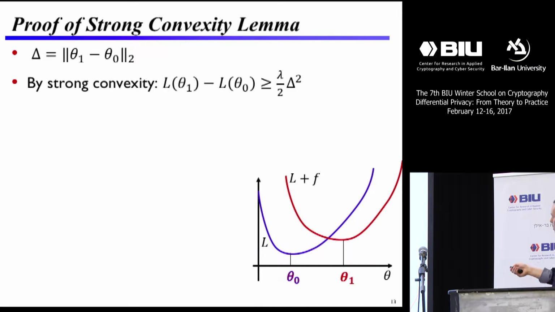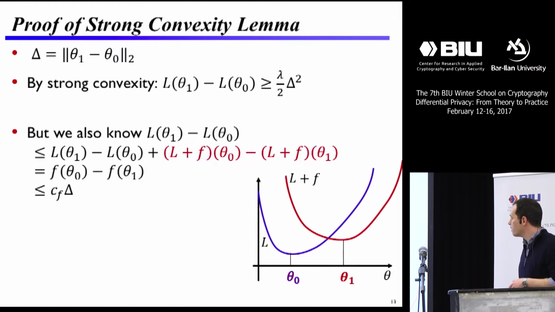And so what I can say is that the difference between the loss at theta 1 and the original loss at theta 0 is actually pretty big. It's at least lambda times delta squared. Okay, so that tells you that if theta 1 were very far away, then the blue function would actually be really big at that point. But on the other hand, we also have